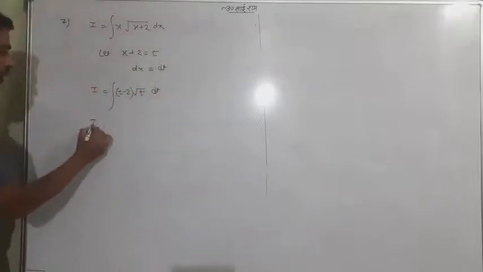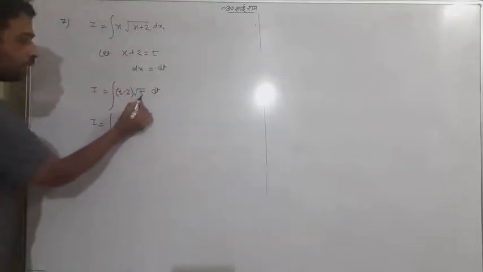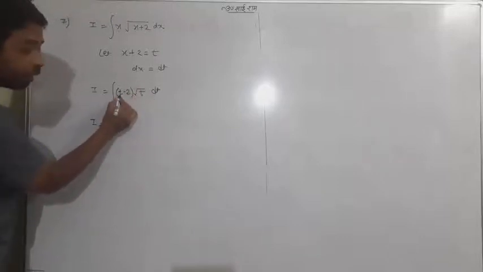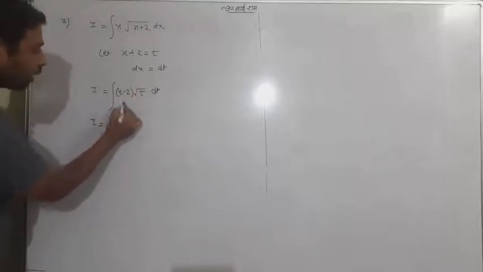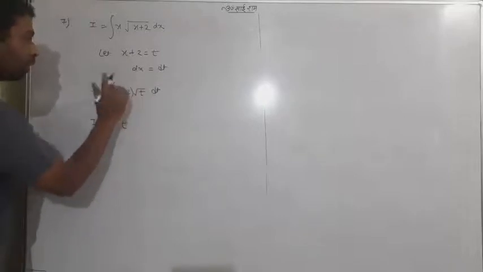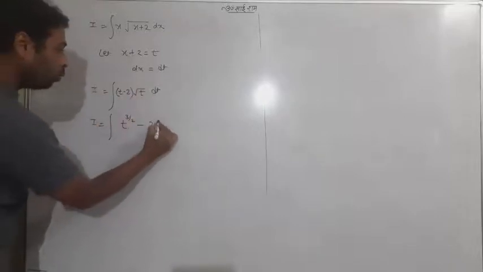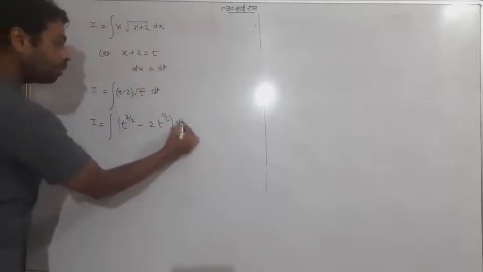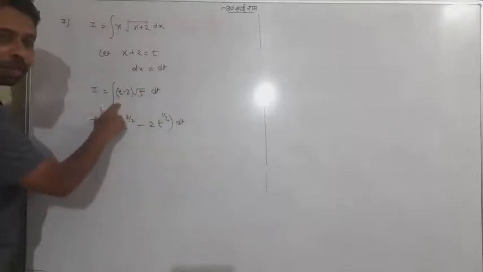Now the question is going to be easy, because this is nothing but t to the power half, and t to the power half I multiply in the bracket: it's going to be 1 and half will be 3 by 2, and 2t, t to the power half. So simply what I did, it was t to the power half and I multiplied in the bracket.